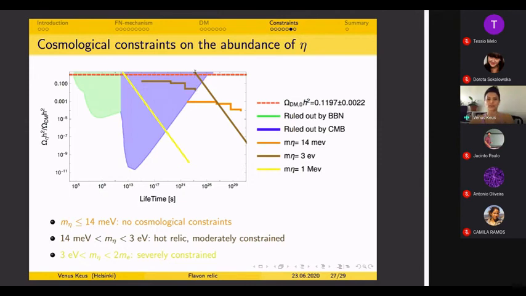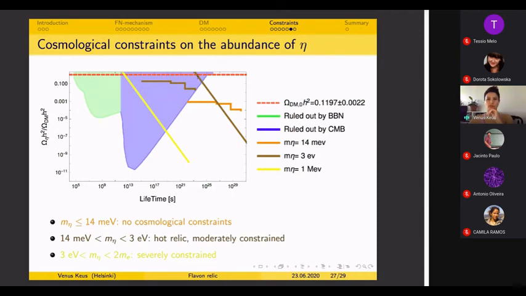From the freeze-in production of the model, when your VEV is larger, meaning that your interaction strength is smaller, you could kind of avoid the CMB bounds and produce a relatively good amount of your dark matter. So as you see, this line just carries on going down as the VEV of the flavon goes up. The interaction rate goes down and the lifetime of the particle goes up. But